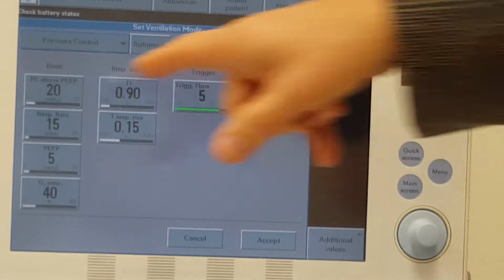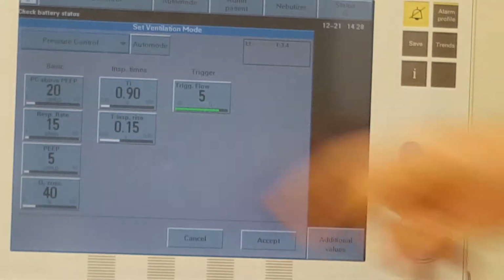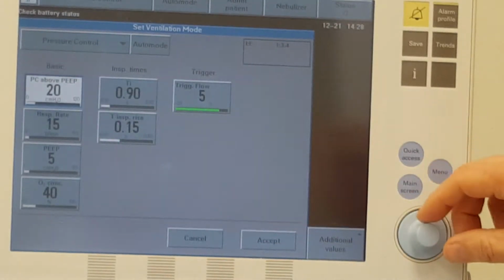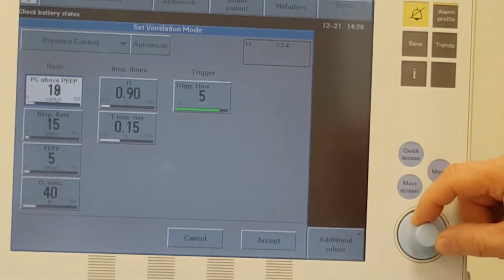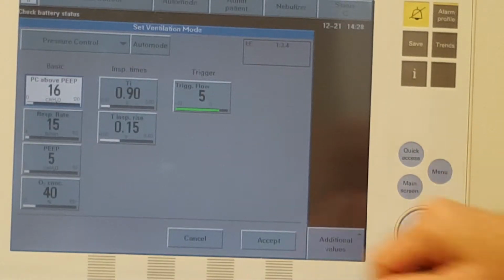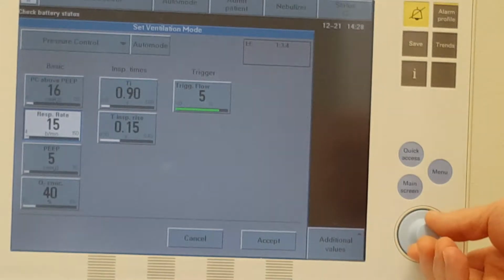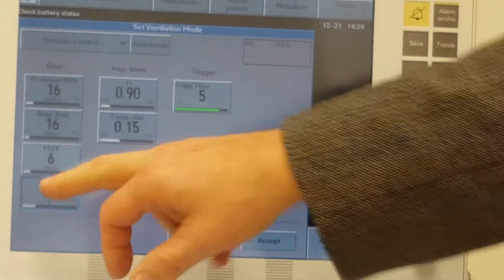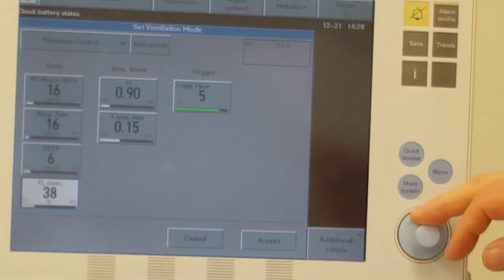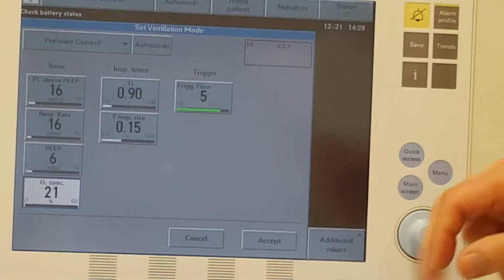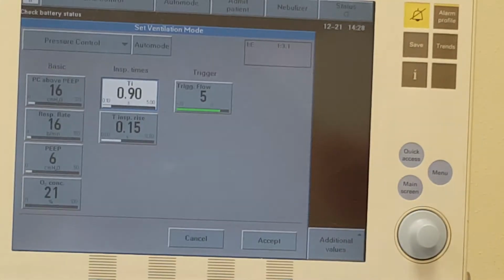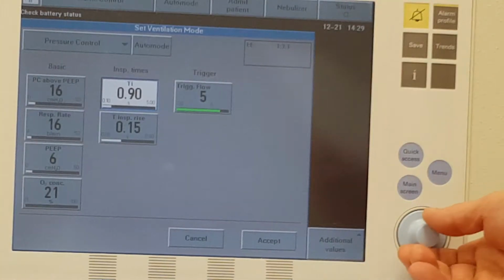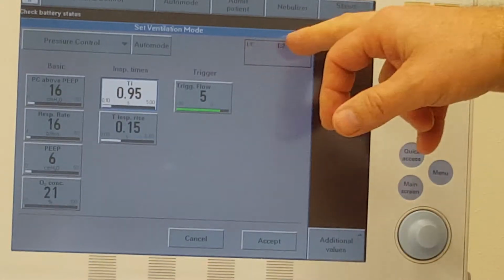And we can see the first one we're supposed to set is the pressure above peak to 16. I've done that. Touch our rate to get to 16, PEEP of 6, FiO2 of 21, an I time to achieve a ratio of 1 to 3, and you can see in the upper corner here,